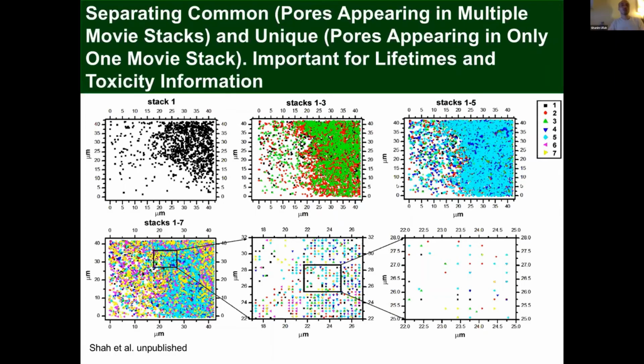But then there are some which are brand new. They are made in the second or third movie. You can do that with as many movies as you like, for example, up to 7 movies. Then you do some statistics and image processing to figure out which ones are the common pores, meaning that they are persistent throughout multiple movies or over longer time, and which ones are the unique ones, which only appear in one movie and then disappear somehow.